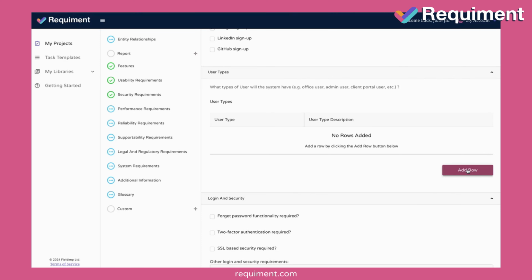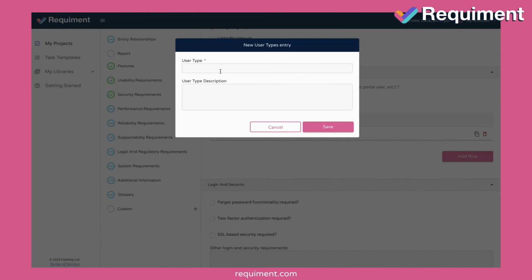We'll start by adding a row, and we'll say that we want an admin user type. And we can specify that this description is an admin user to create